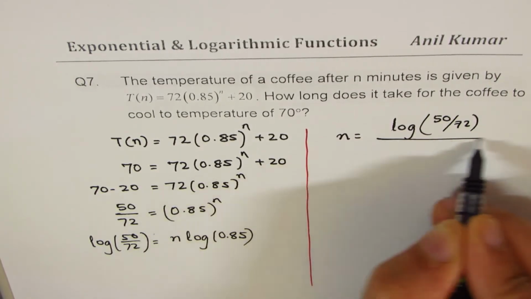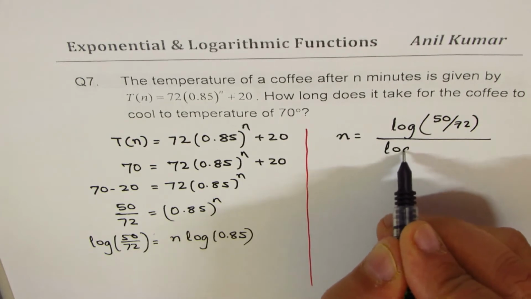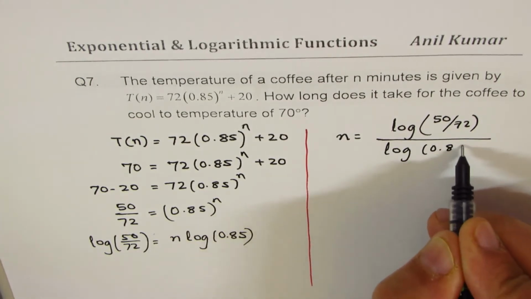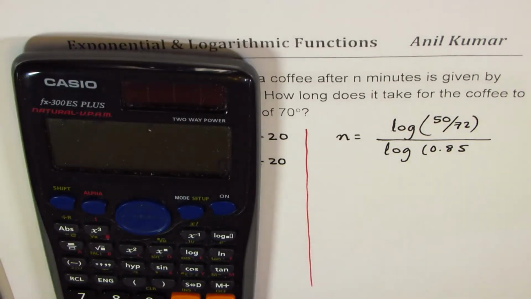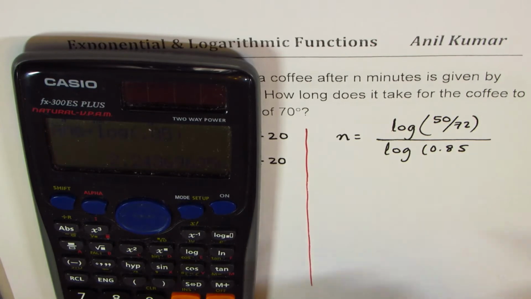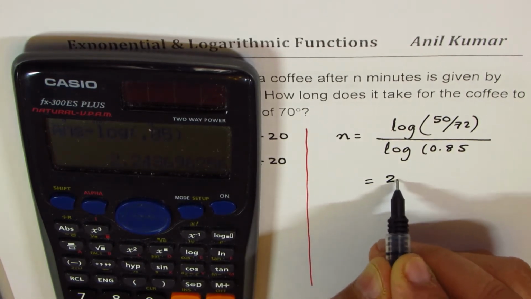No point in simplifying that. Log of 0.85. So we have log 50 divided by 72, bracket close. Let's calculate this, and then we'll divide the answer by log of 0.85, which is equal to